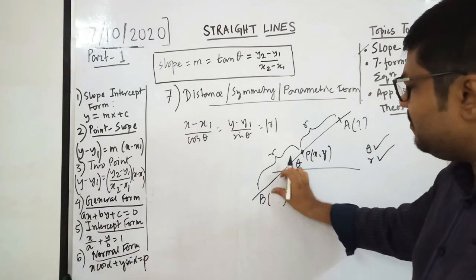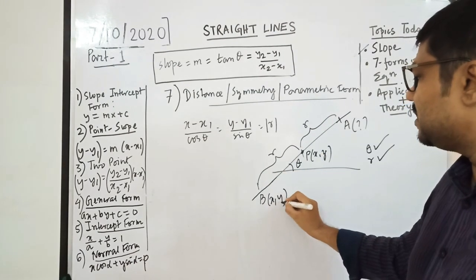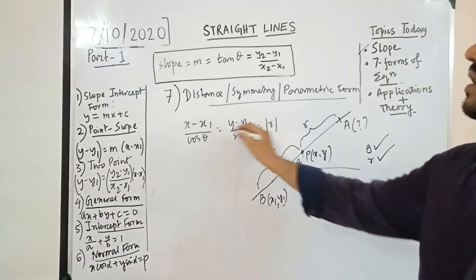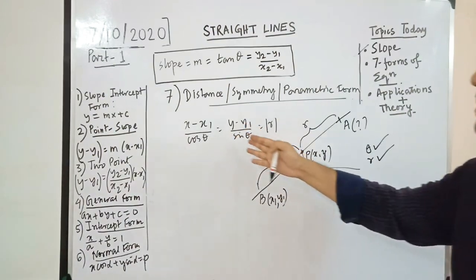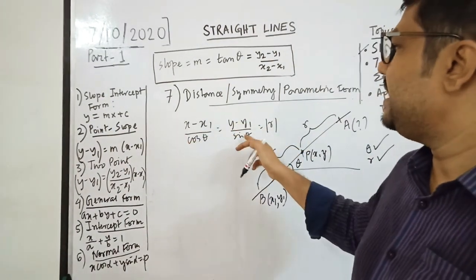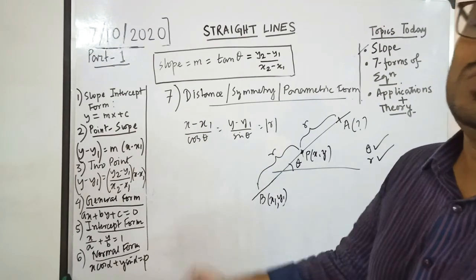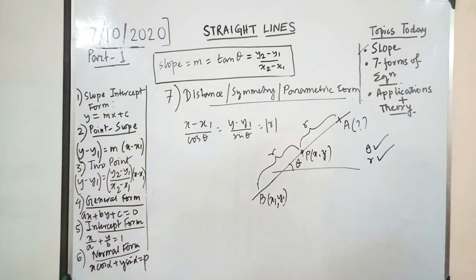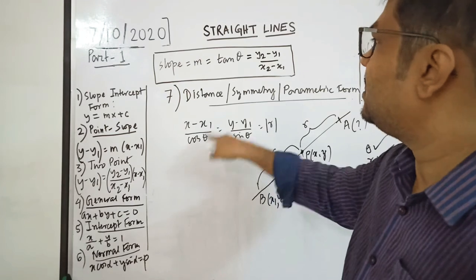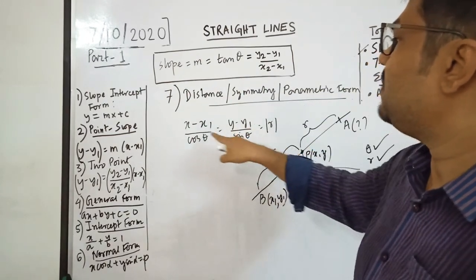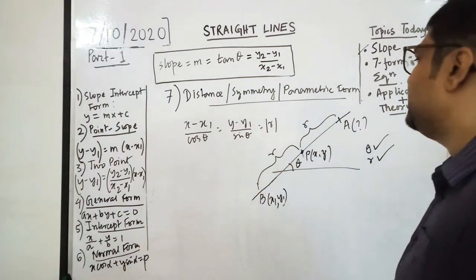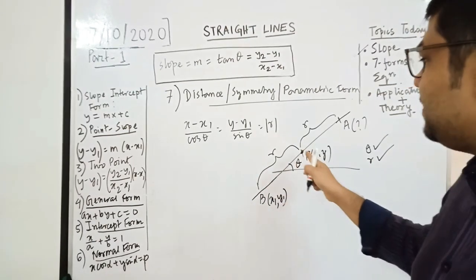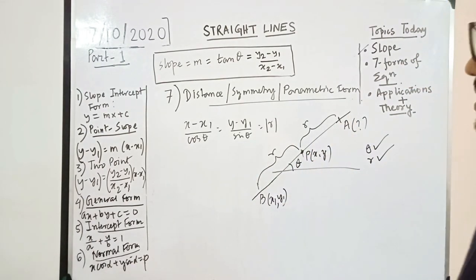I take any one of these as x1 y1, then this will be the equation. You can see, if you swap it, y minus y1 by x minus x1 equals tan theta, which is actually the form of slope. Look at it, sin theta by cos theta becomes tan theta, and y minus y1 by x minus x1 is actually the slope. Why this mod r? Mod r because r can be positive or negative, in 2 ways.